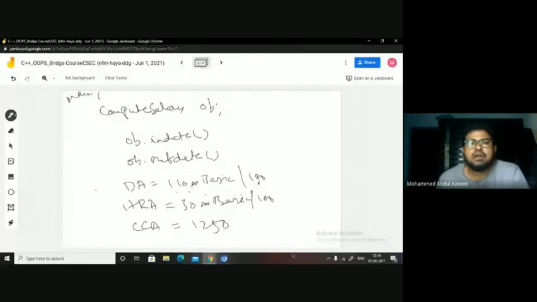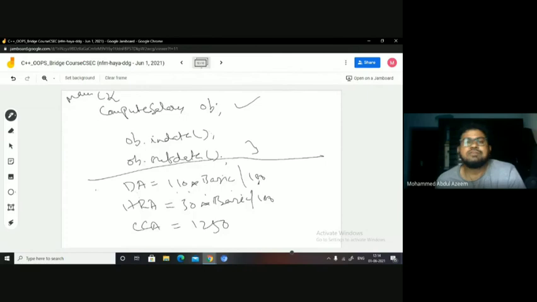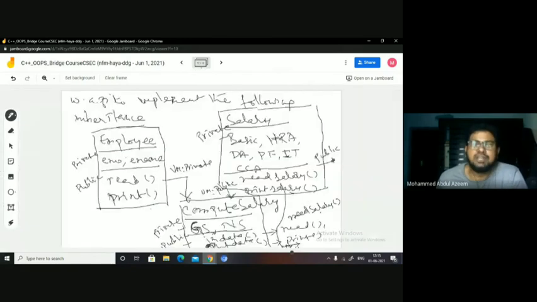If I just create only the compute salary object and I call the in data function and out data, this will suffice for my work, right? That's it. My main function will be very simple. So you can see here, compute salary is the only object, and we are just calling its own functions. But then what is happening? All the other two classes' functions are also being performed at compute salary, right?